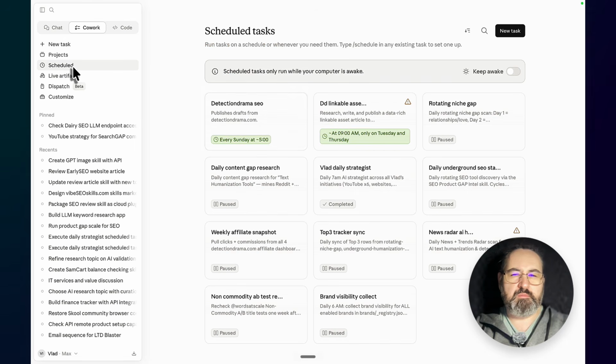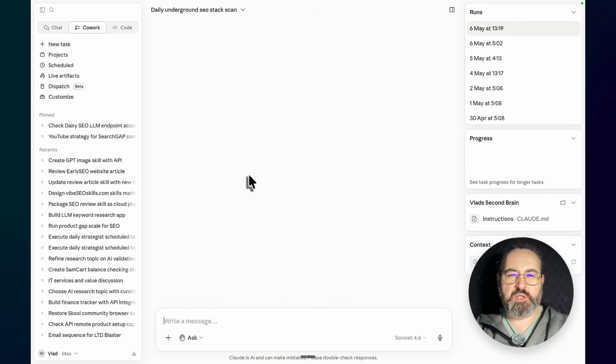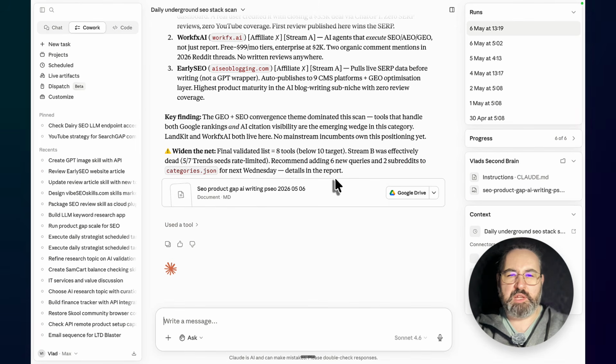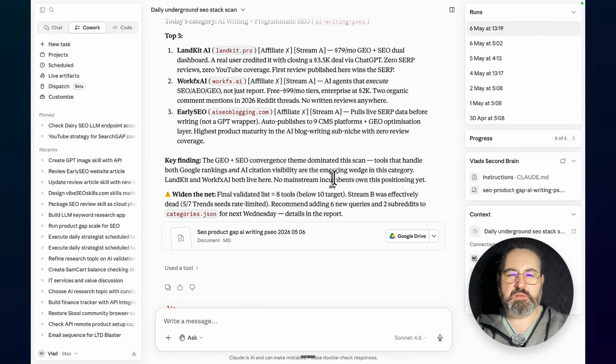Then, in our previous lesson, I taught you how to create a product research skill. This is an example of my generation. So this is fully in line with the search gap method. This skill fetches underserved products that are flying under the radar, and I chose early SEO to test my article